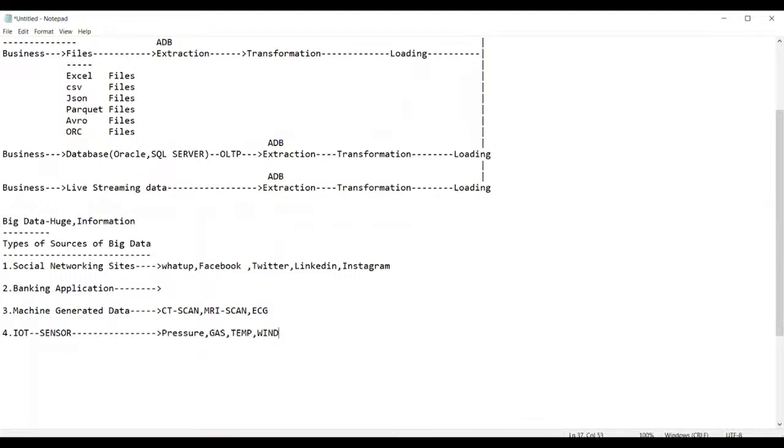These sensors will be connected to the required computers. So this computer generates the data here. The data will be recorded here, and this data will be further processed or transferred to us. From the files we received, we extract it, we transform it, and we load it. Ultimately it will go like this.